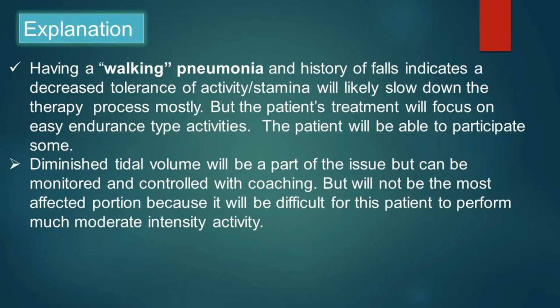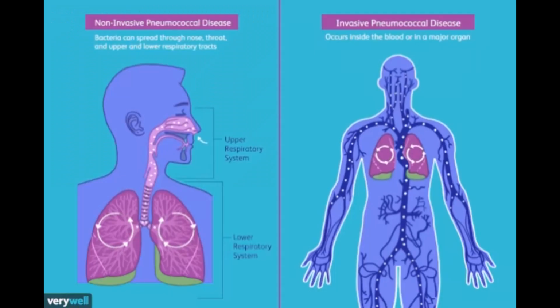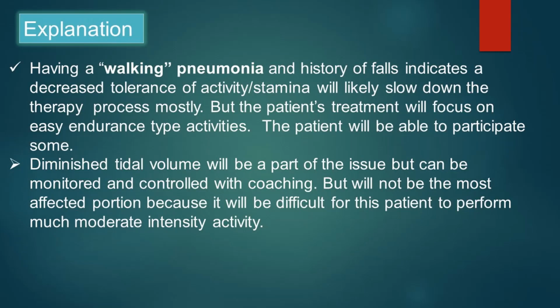Here we have the explanation. Having walking pneumonia and a history of fall indicates that decreased tolerance of activity or stamina will likely slow down the therapy process the most. The patient's treatment will focus on easy endurance type activities and the patient will be able to participate in some. Diminished tidal volume will be part of the issue but can be monitored and controlled with coaching, but it will not be the most affected portion, because it will be difficult for the patient to perform much moderate intensity